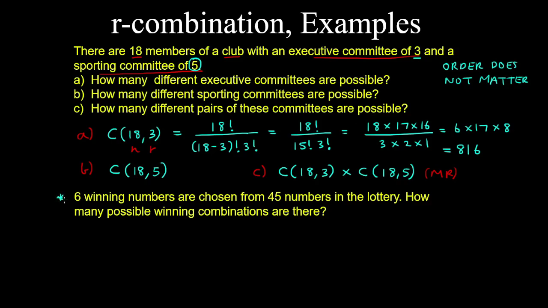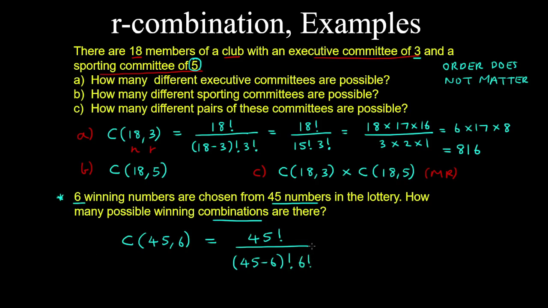Now in the next problem, 6 winning numbers are chosen from 45 numbers in the lottery. How many possible winning combinations are there? Well, the number of combinations from 45 numbers, where we have 6 distinct numbers being chosen, is n factorial over n minus r factorial, where r is 6, divided by r factorial. So that will be 45 factorial on 39 factorial by 6 factorial,